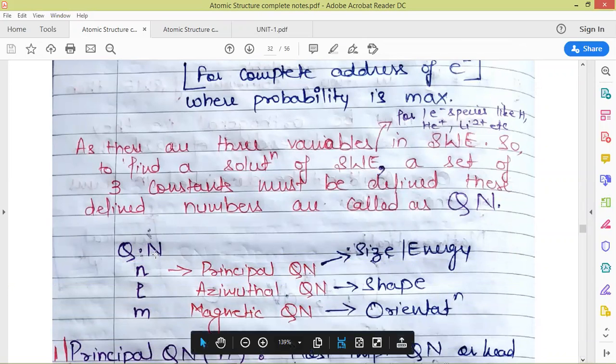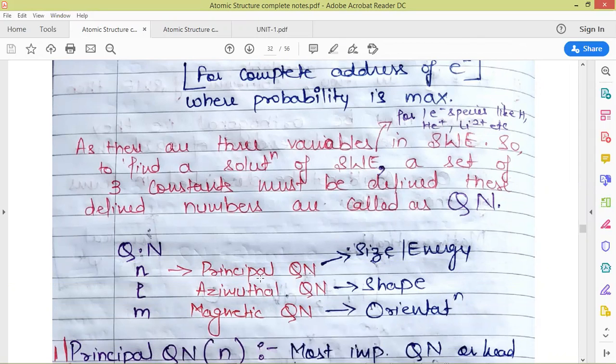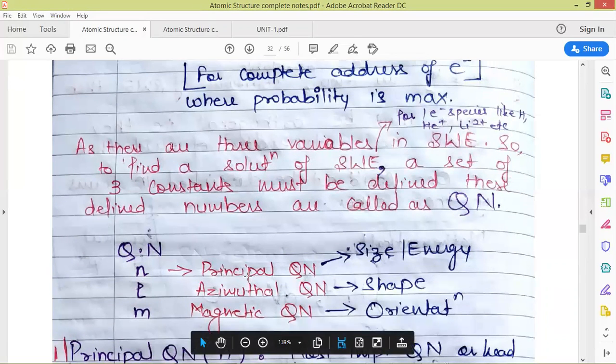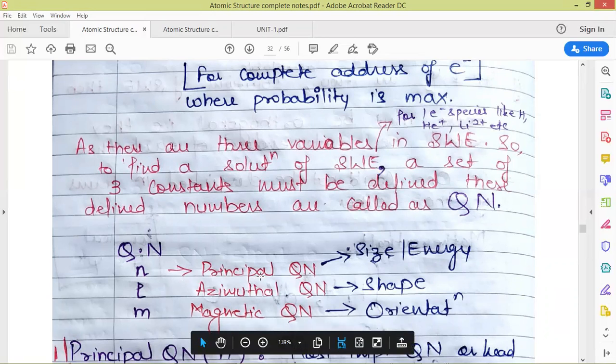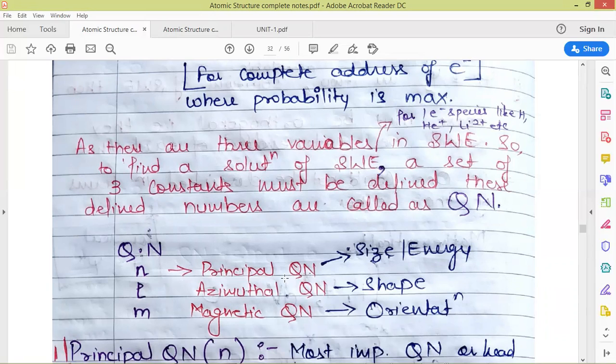These were designated as small n. Small n is the principal quantum number. Here we spell principal as P-A-L, not P-L-E. It is just like the principal of a college, the head. Here this quantum number is the head of the quantum numbers. It is called the principal quantum number, which tells us about the size and energy of the electron, the size of the shell or orbit in which the electron is present.